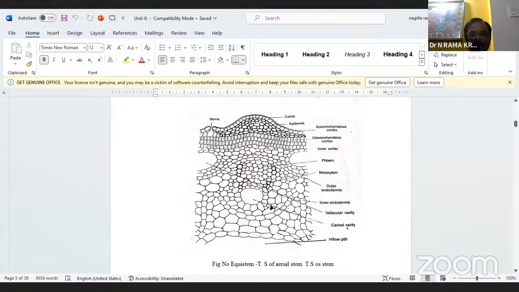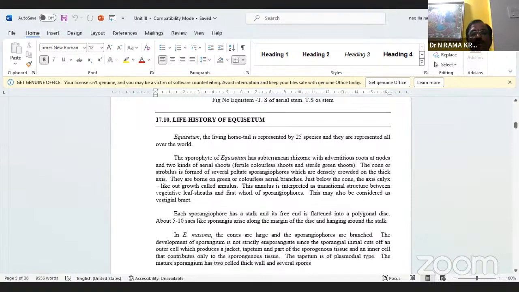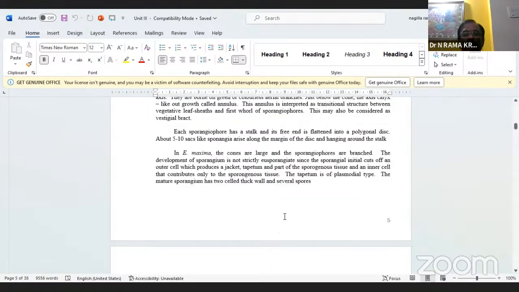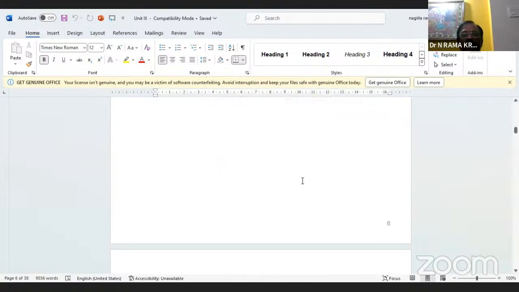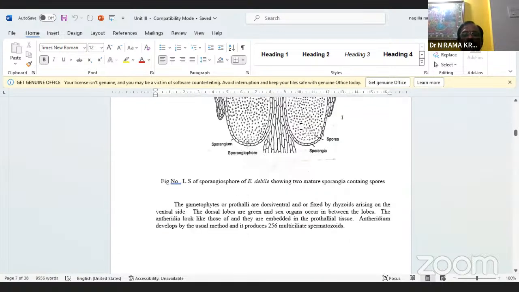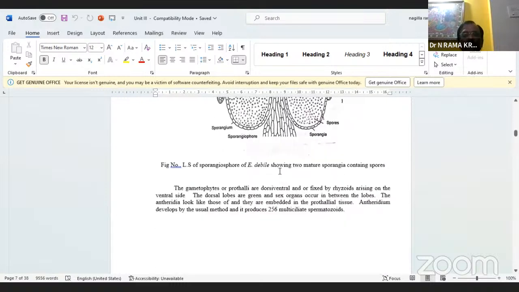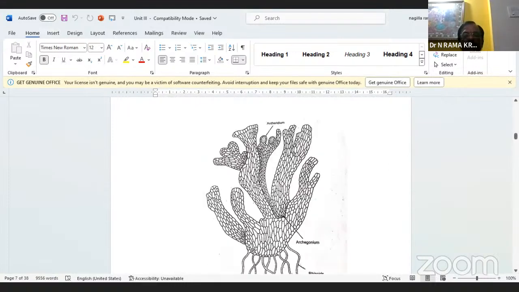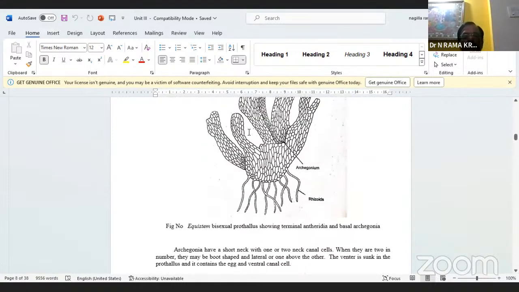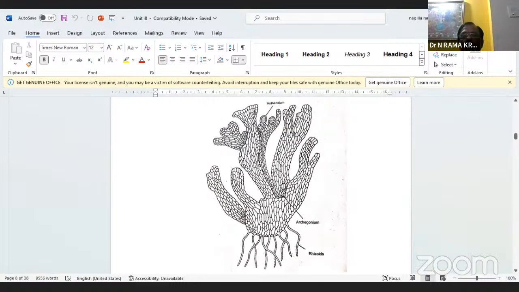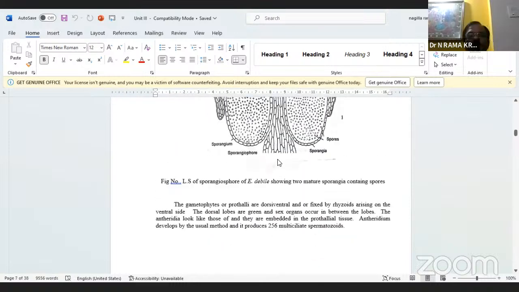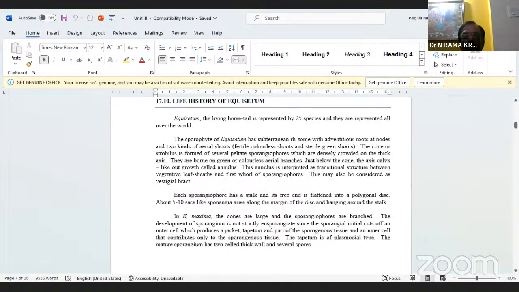Next, you see here the life cycle, the life history of Equisetum. This is the Equisetum strobilus. This is the sporangium structure, and this is the gametophytic stage. So before going to that,